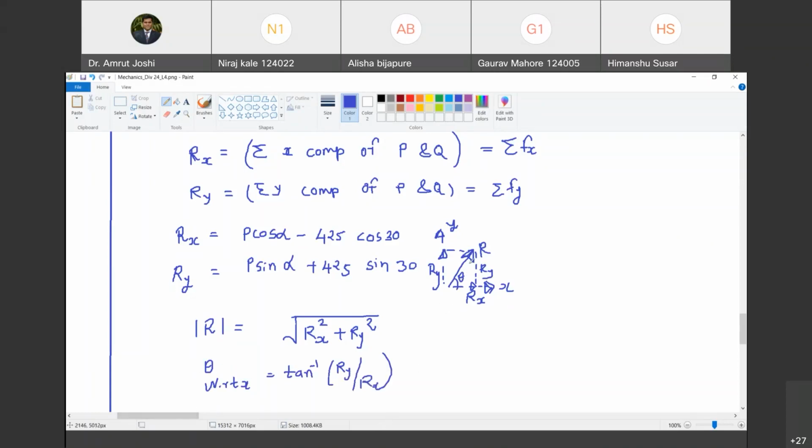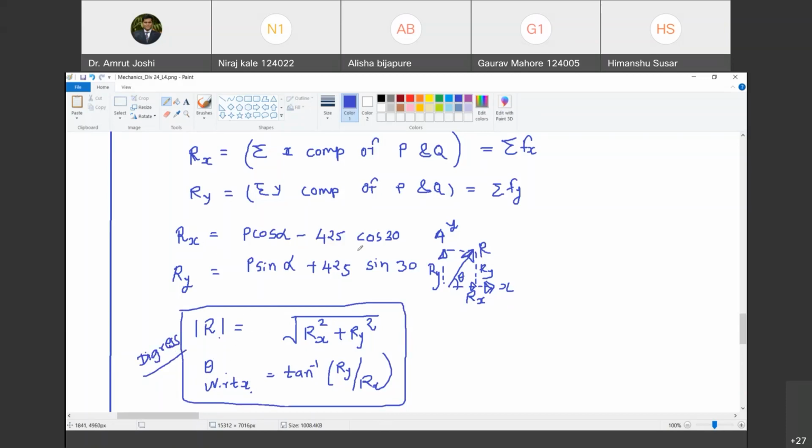Yes. देखो, this line, this is Ry, this is Rx. Look at this right angle triangle. Tan theta is opposite side upon adjacent side. It is Ry upon Rx. So therefore, tan inverse of Ry upon Rx is theta. This is the angle made by resultant with reference to x-axis. Happy? Yes. So this is digress. This has nothing to do with the problem. But at this juncture, I wanted to tell you this. So this was direct, and this was digress.